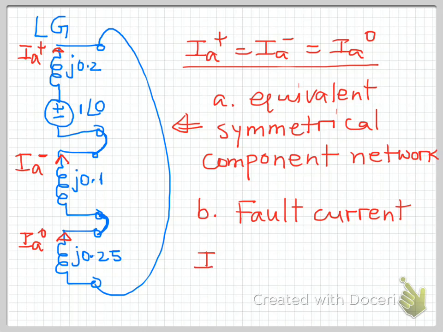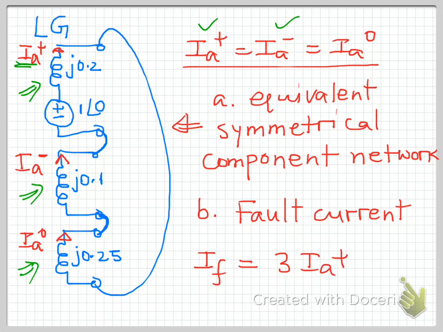So if you refer to the table which has been provided to you during the class, IF equals 3 times IA positive. All right. So if we see these three, 1, 2, 3, are connected in series. So for finding this current, although they all are the same, so either one of those currents, we're going to use